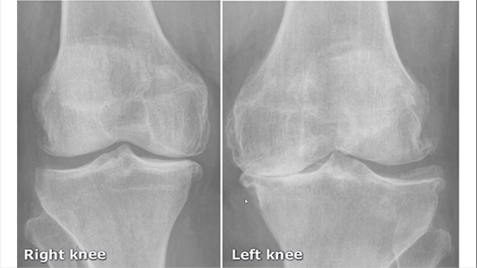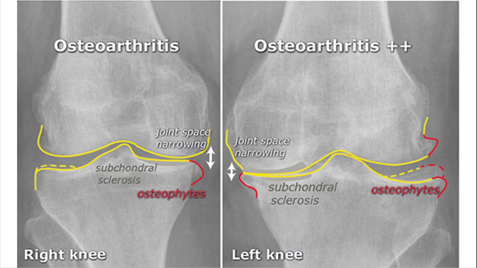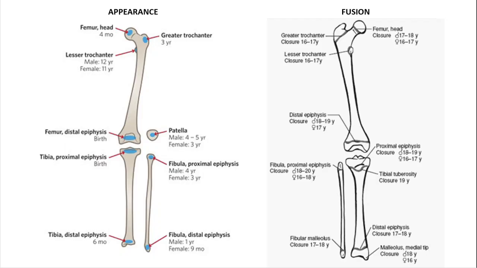And then there are subchondral cysts present. There may be subchondral sclerosis present. These will all be told to you in your final year in radio diagnosis. I'm just showing you how osteoarthritic knees look. There is decrease in joint space, there is osteophyte formation, subchondral sclerosis, and cysts are also formed because of various reasons. So these are the X-rays of osteoarthritic knees.